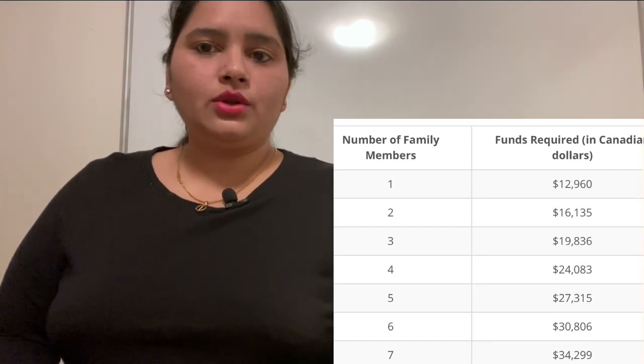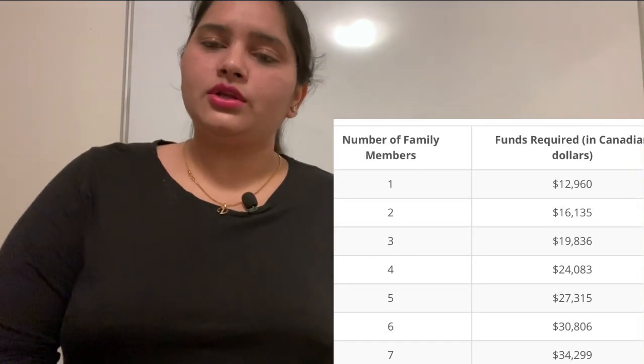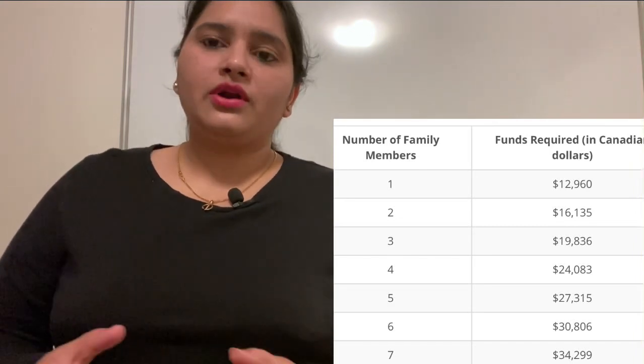Those are in Canadian dollars. You need to convert that according to your currency. Whatever your currency is, then you need that much money. Those proof of funds you need to maintain till you land here. You have to keep that money with you till you come here, everything is done, and you get the final PR. So all these things, your police clarification certificate, your NOC, and your medicals, you have to do in the